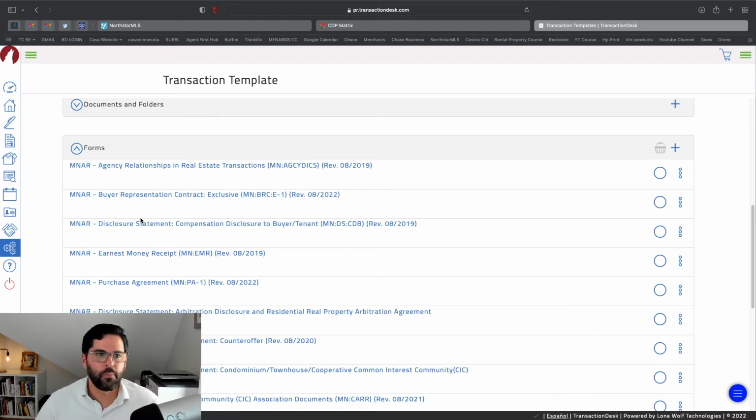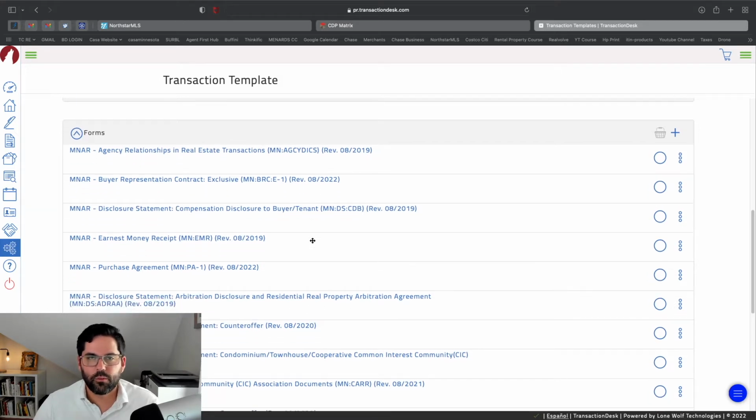So for example, I usually send two emails. The first email is going to be the agency relationship and real estate transaction. Then I do the buyer representation contract, and then I do the disclosure statement, compensation. So I do these three. I send them in one email for signatures, and then the second email will be the purchase agreement and anything attached